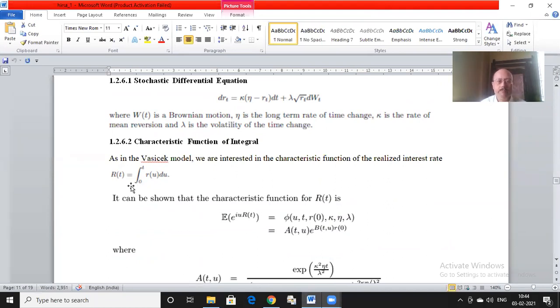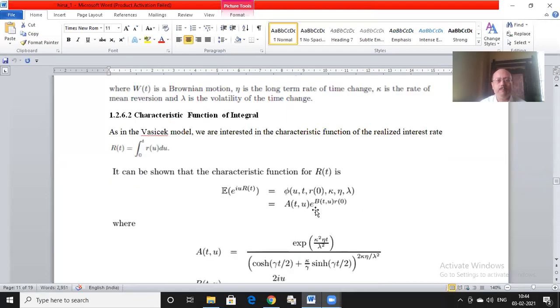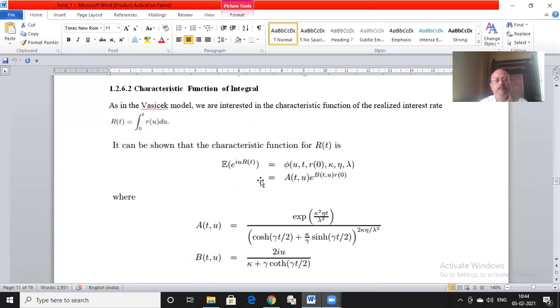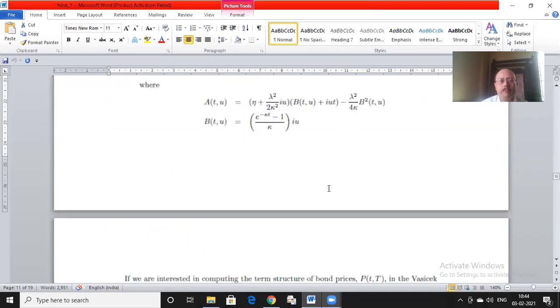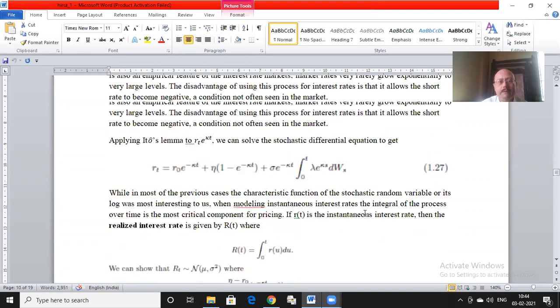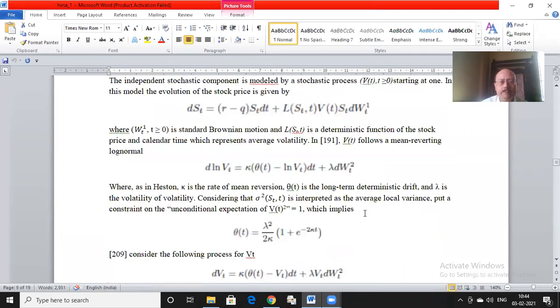So any time interval. And again, doing some tedious algebra, it can be shown that the characteristic function for the realized interest rate, capital R, is given by this expression. So this is A e to the power B times R0 of this type, where A and B are given by these two particular functions. So obviously these functions are coming from our earlier discussions of developing characteristic functions, just like we did in the